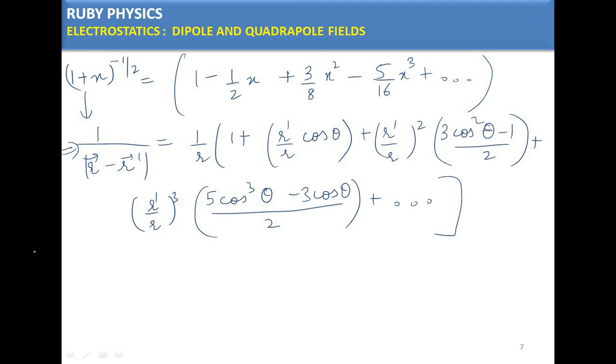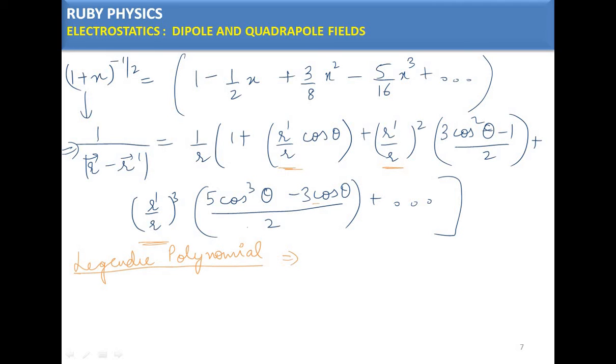So now this main equation has some symmetry. You can see that there is one r dash by r, then the second term is r dash by r squared, then the third term is r dash by r cube. So this equation has some particular symmetry, and this symmetry corresponds to the Legendre polynomials. Legendre polynomial. What are the Legendre polynomials now?